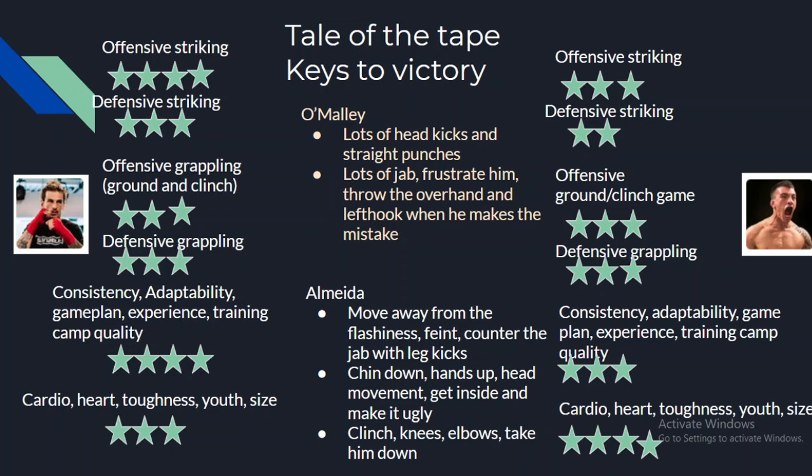Almeida is going to try to come forward to brawl. I think at some point he's going to get caught because he makes mistakes, his hands drop, he doesn't have the best chin in the world. Now, interestingly enough, O'Malley is not the physical guy, even though he's quite long and lean. He's lanky,